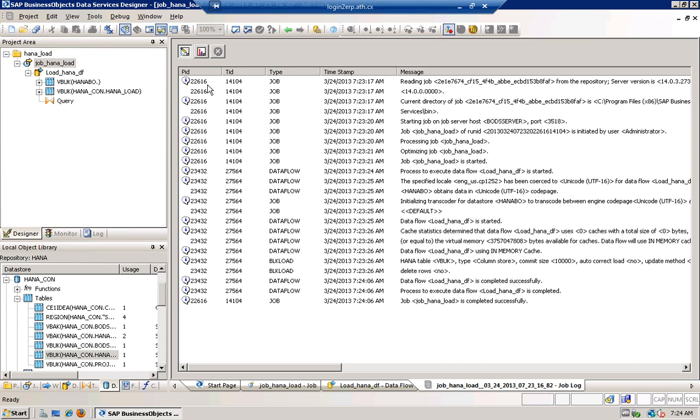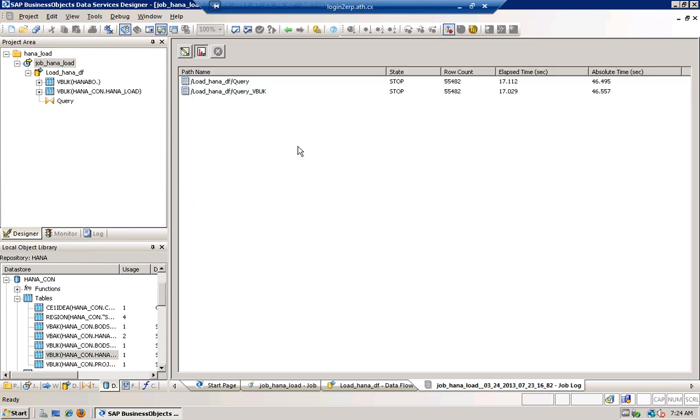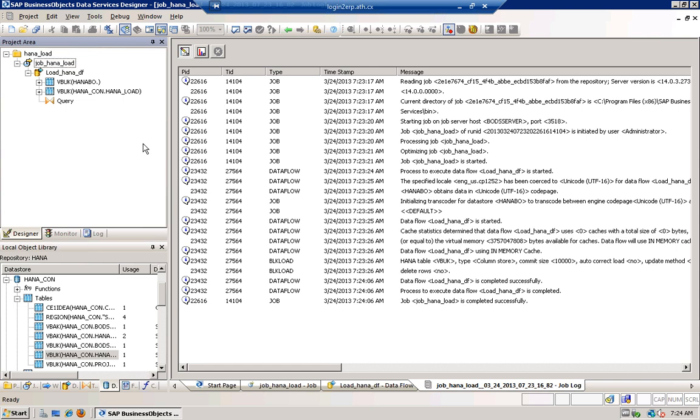So we've just completed the job. Here we have loaded 55,482 records into the HANA table. Once you've looked, you can go back into the